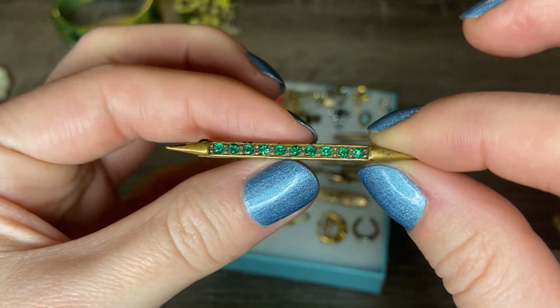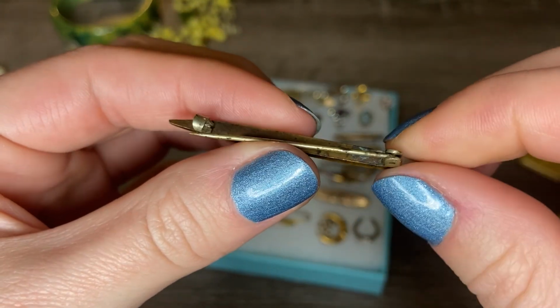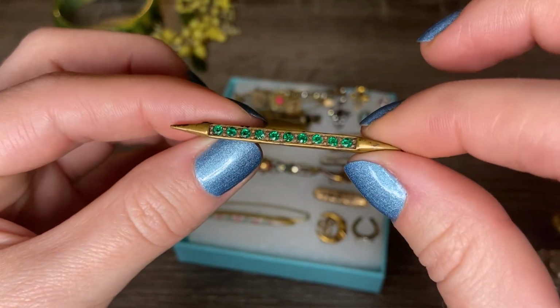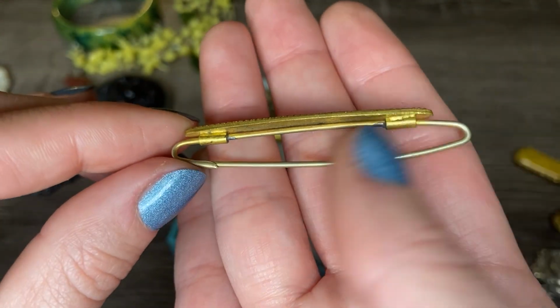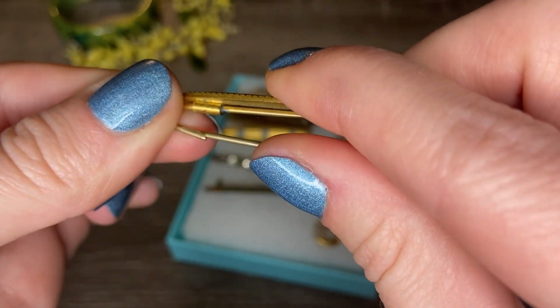And then this one was also in the lot. We have some green rhinestones on a brass pin. Here's what the back of that one looks like. This one is nice and simple, just glass rhinestones, I believe. Then we have this enameled piece. This one's interesting because it's a much thicker pin. This one has more of a safety pin catch to it, so maybe this was meant to be worn on